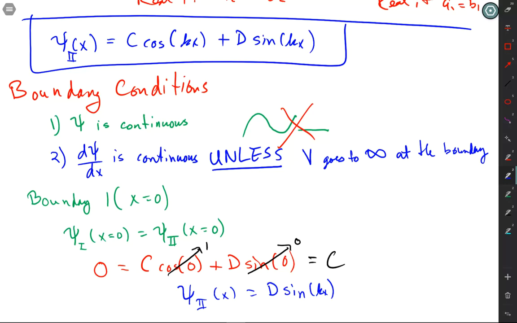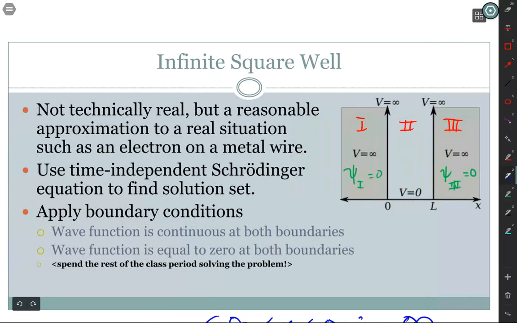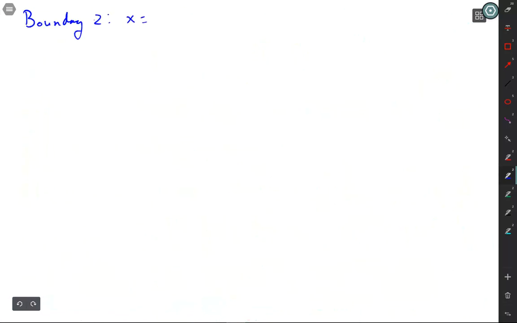So this was the first boundary. Where's the second boundary? X equals? Okay, A or L, depending on which picture you're looking at. Which picture did I use here? L. L for this picture. So I'm going to have psi in region 2 at x equals L equals psi in region 3 for x equals L. So I'm going to have d sine of k, and now x is L, so it's kL,